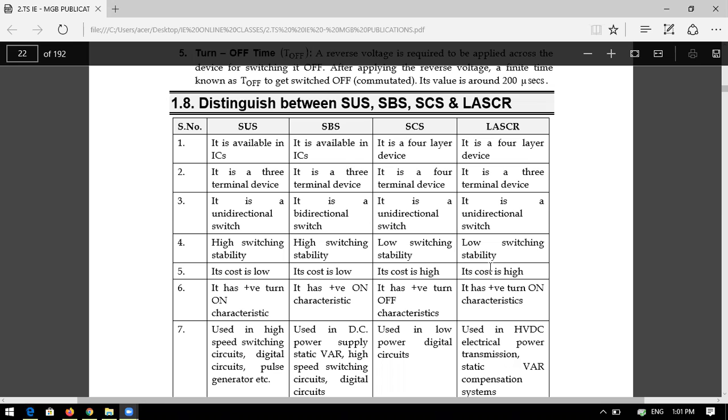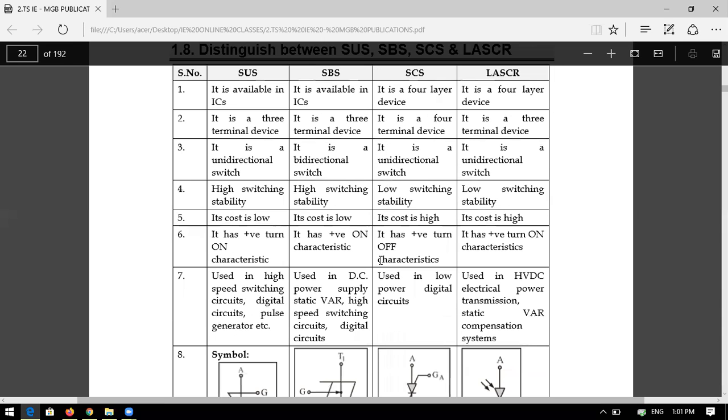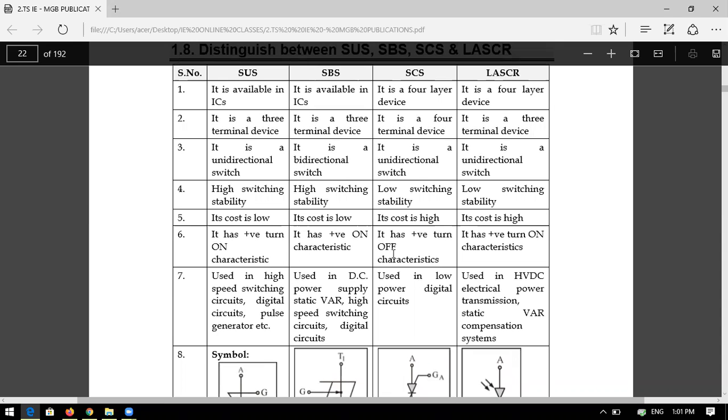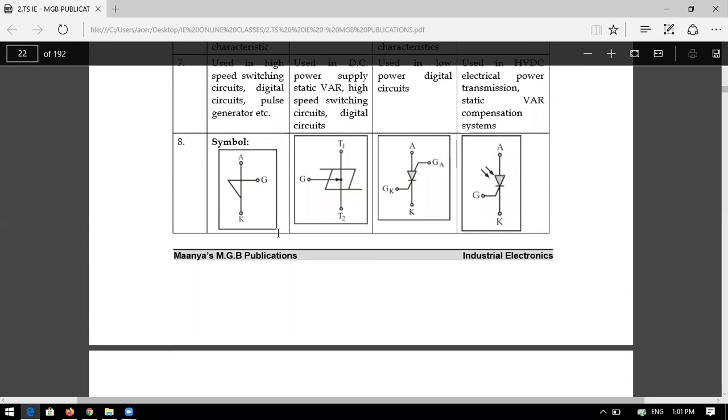Okay. So it's only about 10 minutes left. We will wind up these differences and discuss in the next class. Okay. So this is the fifth point. Next, the sixth point: what are the SUS characteristics? SUS characteristics are like this. If you have seen in the